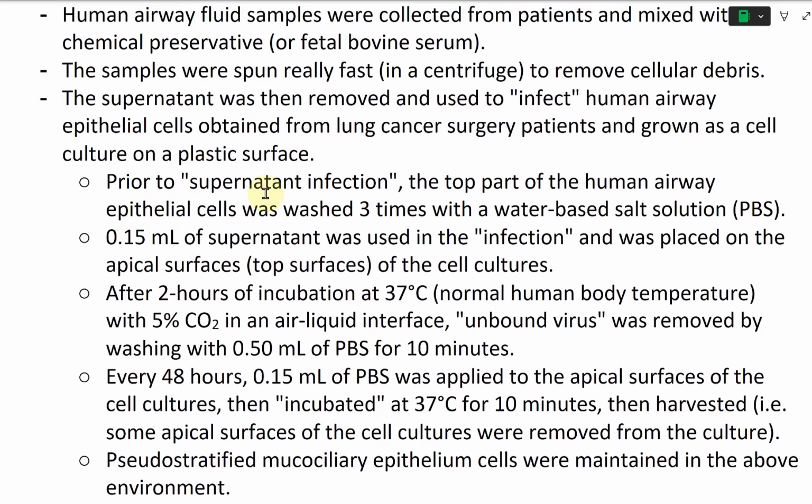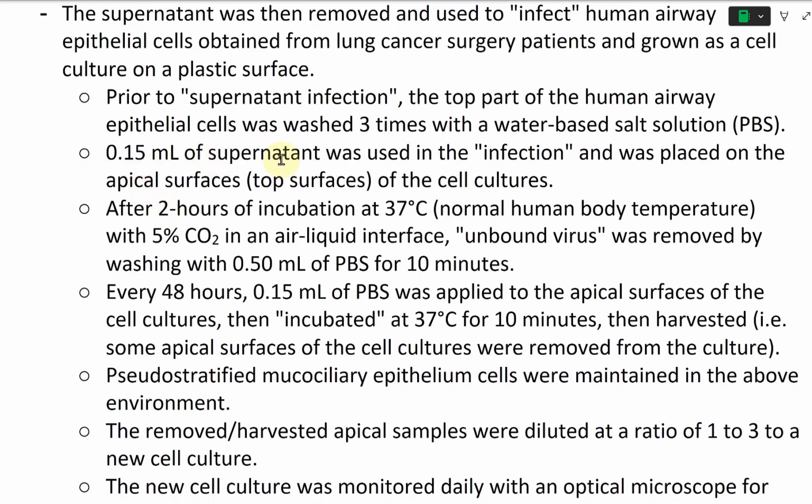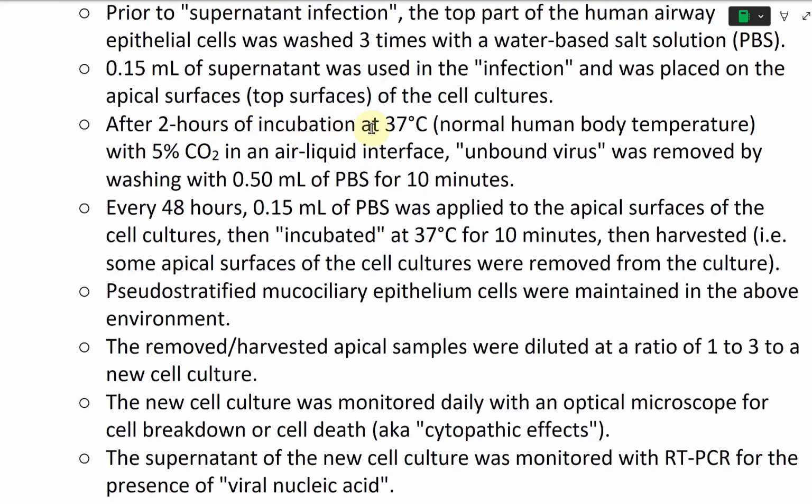So prior to, quote, supernatant infection, the top part of the human airway epithelial cells, or the apical surfaces, was washed 3 times with a water-based salt solution, or PBS, phosphate buffered saline. And then 0.15 milliliters of supernatant was used in the, quote, infection, and was placed on the apical surfaces, or the top surfaces of the cell cultures. And then after 2 hours of incubation at 37 degrees, which is again normal human body temperature, with 5% CO2 in an air-liquid interface,